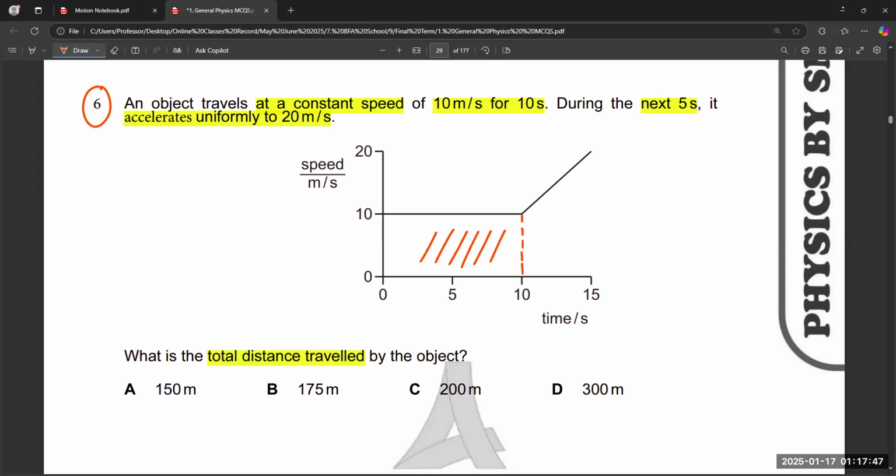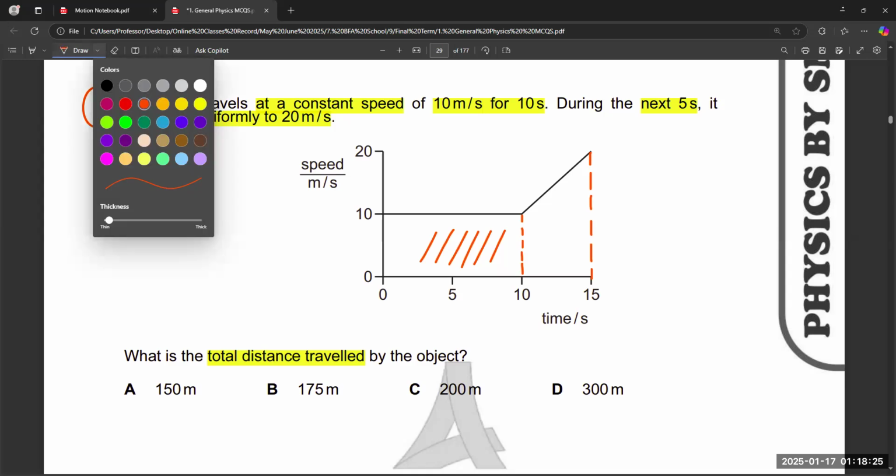And the next shape, there are two choices. We know that it lands on point 15 like this. But in this single shape, we have two more shapes, right? Yes. But we can also consider it as a trapezium. And how is it possible? There are two different ways to solve this question. You will get the same answer. For example, if you only use two different shapes like this.